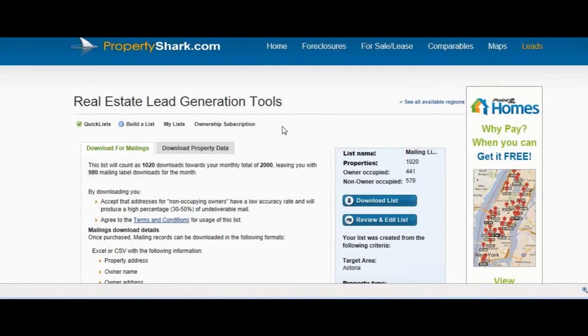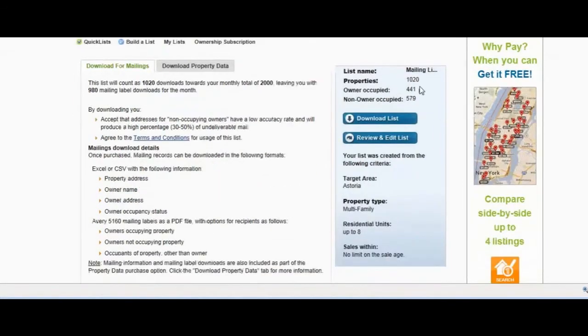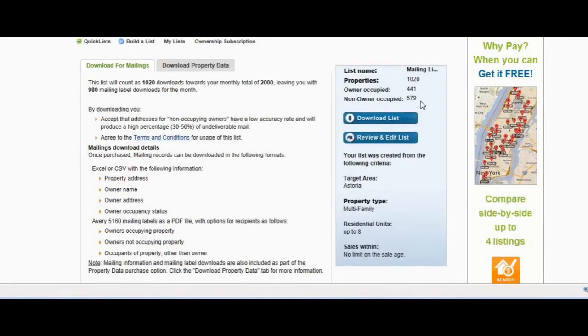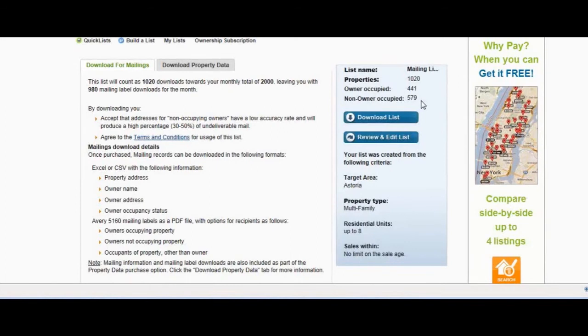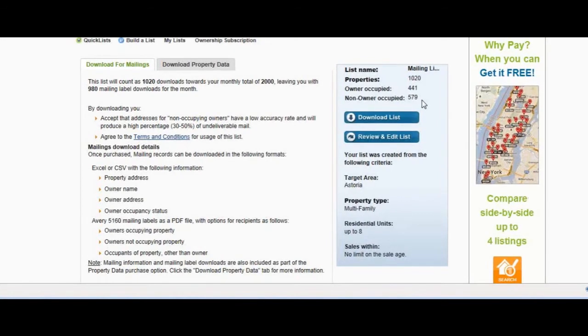So we have a list here of 1,020 results, and it shows that 441 are considered owner-occupied, 579 are non-owner-occupied. The non-owner-occupied means that we have an address for the owner that is different from the property address. That address, whether it's in another borough or another state, is what you're going to get in your mailing list. So whether it's in Brooklyn, Manhattan, or Florida, you're going to get an address that's not the address of the